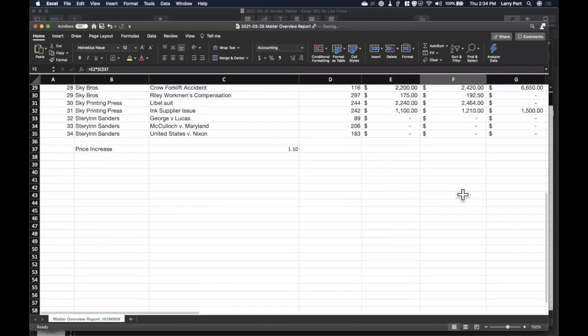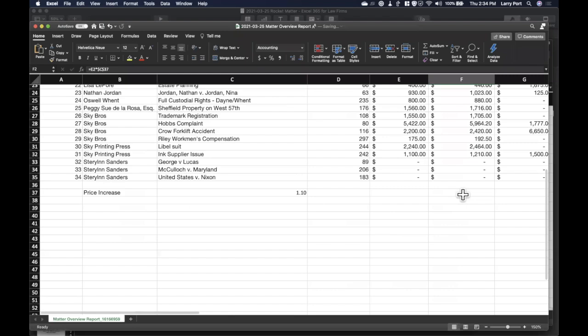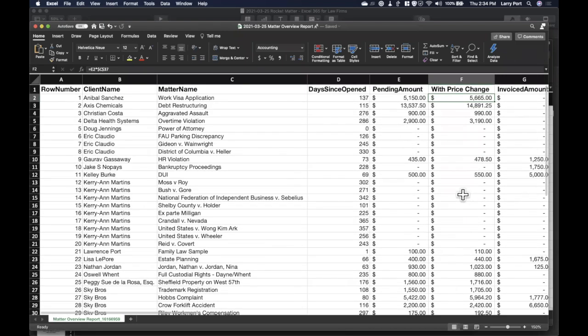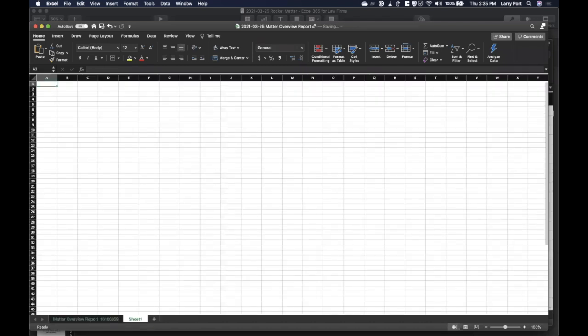And the crazy thing about these references is that they don't even have to be on the same worksheet. In fact, they don't even have to be in the same file. I think that's a bad practice, but a very common practice for people to do is they have another worksheet. So you can see that down here, right? You can see that I have Sheet1 and I have the original sheet. So if you just click this little plus button, you get another worksheet. I'm going to double click it, and I'm going to change its name to assumptions.